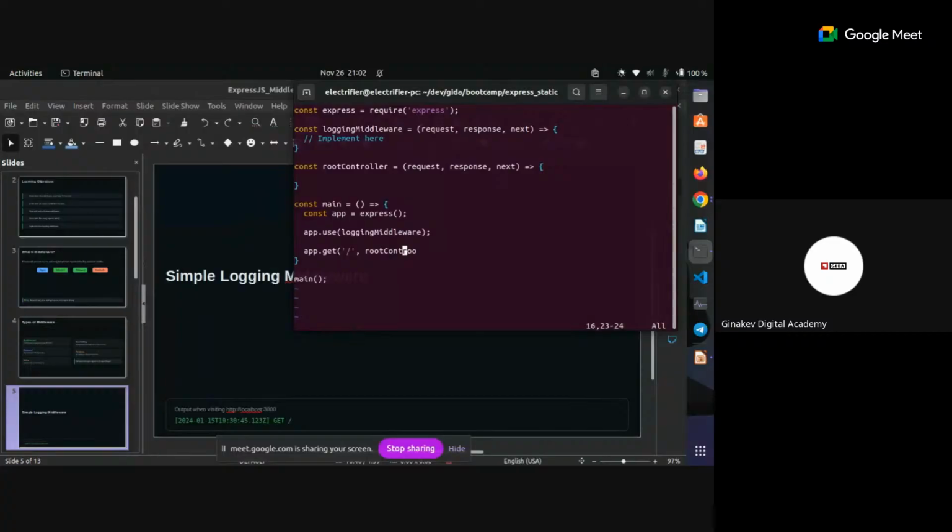Okay. So when someone visits the root of our application, of our website rather, we want this root controller middleware. This is also a middleware, you understand? But not just any middleware, it is a route handler middleware. Understand? Because middlewares and route handlers also